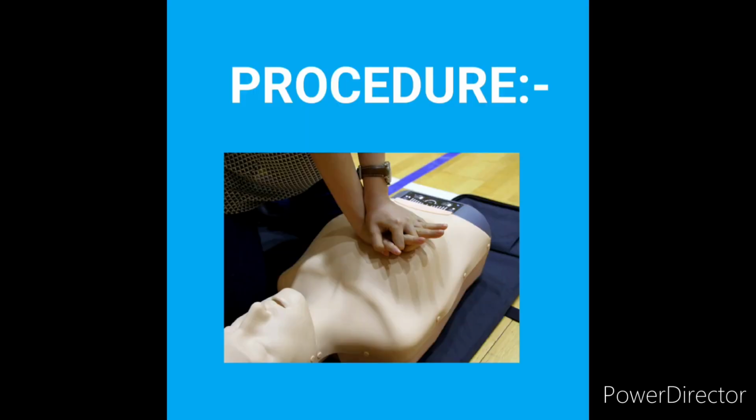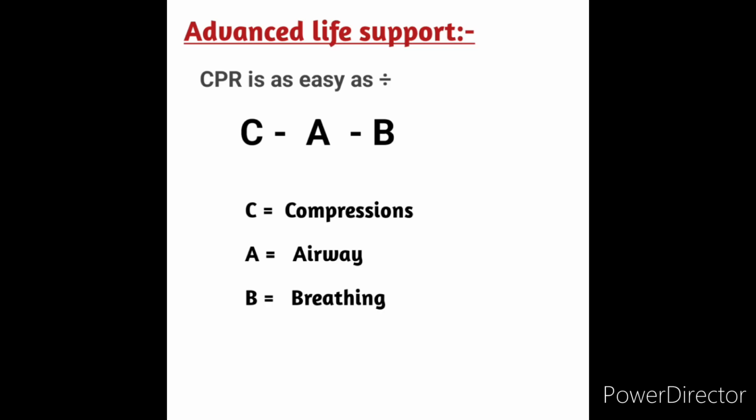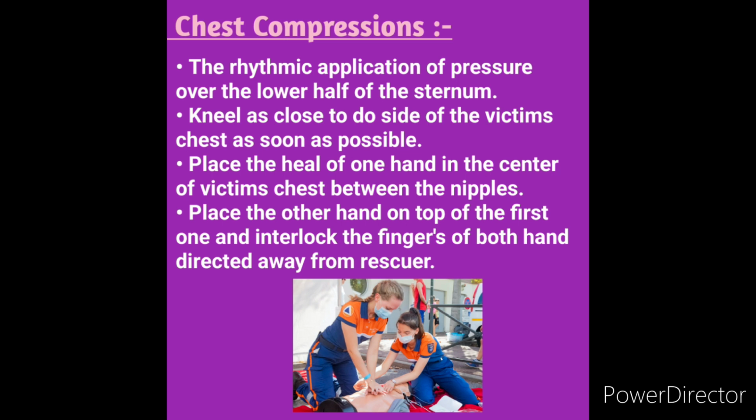We have to follow advanced life support like CAB: compressions, airway, breathing. Now we will discuss chest compression, the rhythmic application of pressure over the lower half of the sternum. Kneel as close to the side of the victim's chest as possible. Place the heel of one hand in the center of the victim's chest between the nipples. Place the other hand on top of the first one and interlock the fingers, and the fingers of both hands